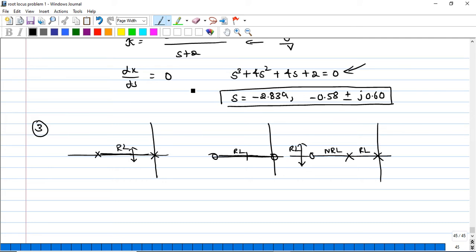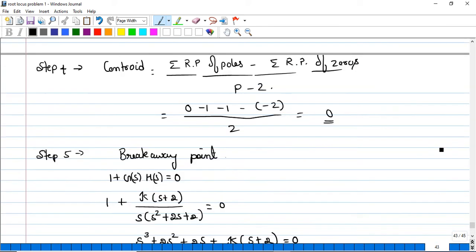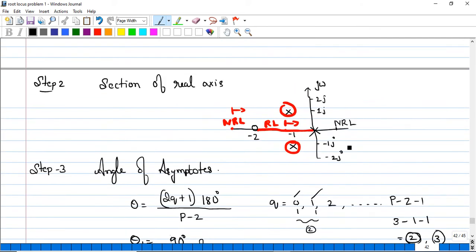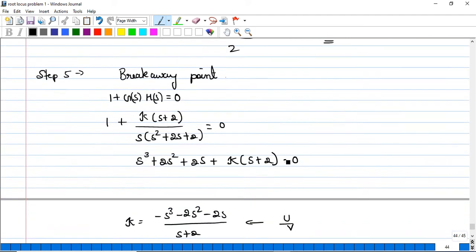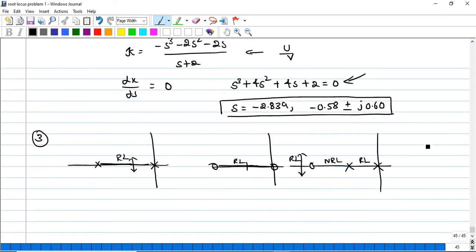So if I check with my problem, in step 2 I have drawn this. If you see, I have no such conditions. There are no adjacently placed poles or zeros, but at the extreme end I have a zero, and that particular region is not a root locus region. Definitely all three conditions are not valid. So this is one method where you can check whether it is valid or not.